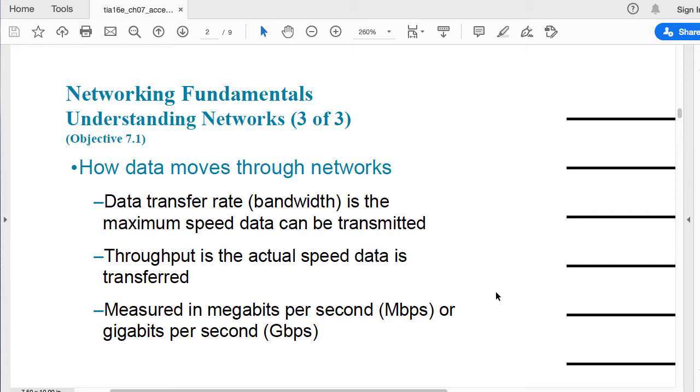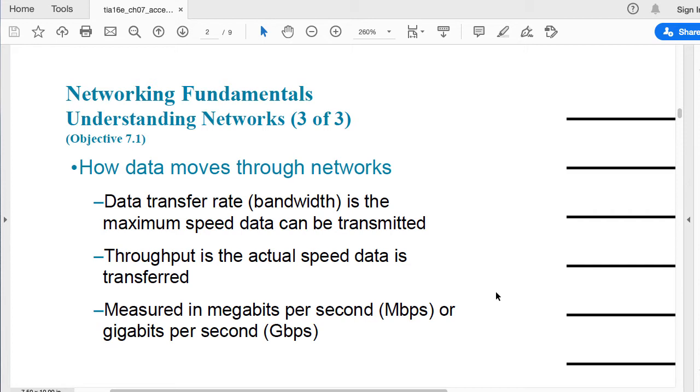So if you're hiring an internet service of, let's say, 100 megabits per second, are you going to have 100 megabits per second the entire time? No, you won't. Most likely, just a very short period of time will give you that transfer rate or that bandwidth, but you know that you can achieve that.